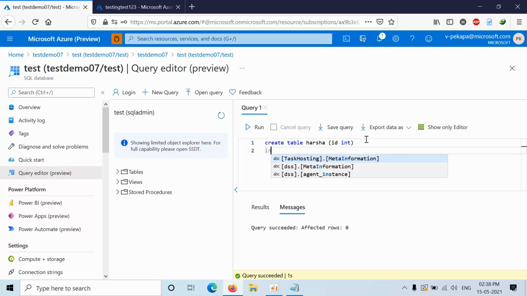Now I'm inserting into that: insert into the table values 1. Sorry, here you need to press run. I'm inserting.